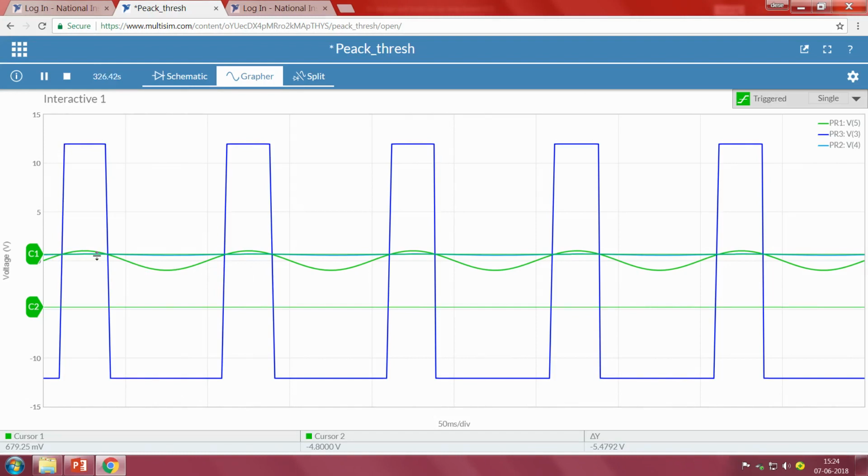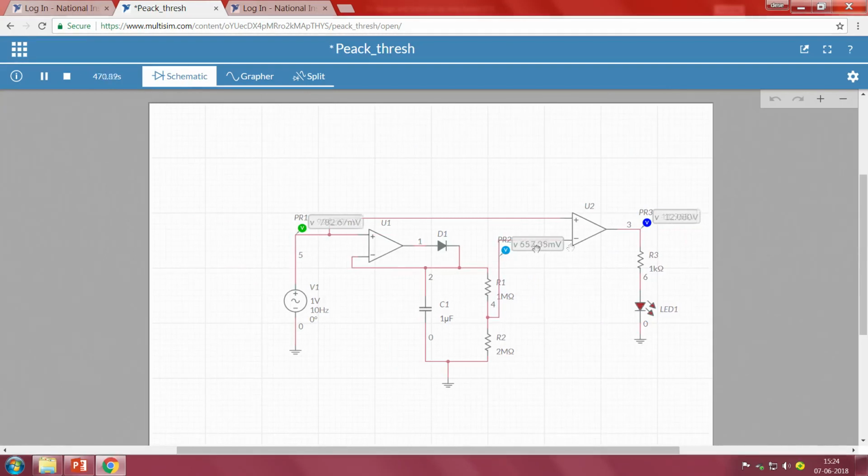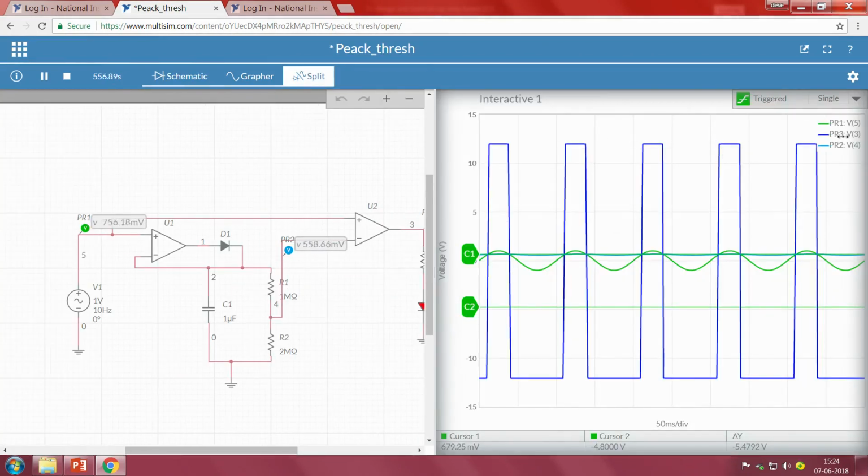Now what is the other color behind the C1? That is our blue color, which is for the threshold. If you remember the schematic, we have used one at this point and the other at this point, light blue, sky blue and dark blue. Here this is the output and the sky blue color is somewhere here. So that is our threshold.